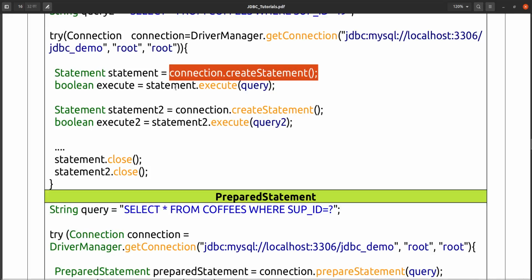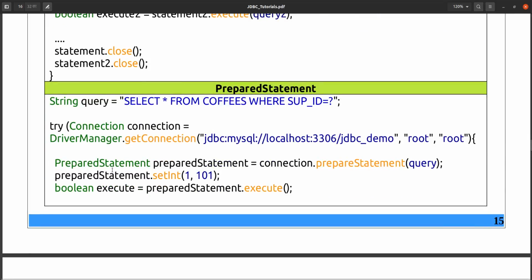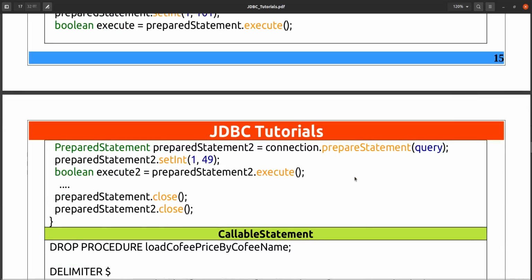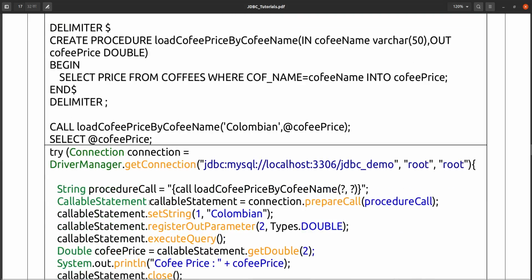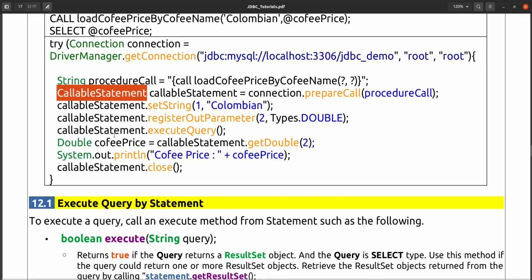For the statement we have to use createStatement, for a prepared statement we have to use prepareStatement, and for callable statement we have to use prepareCall. Okay, so these are the three types of statement.